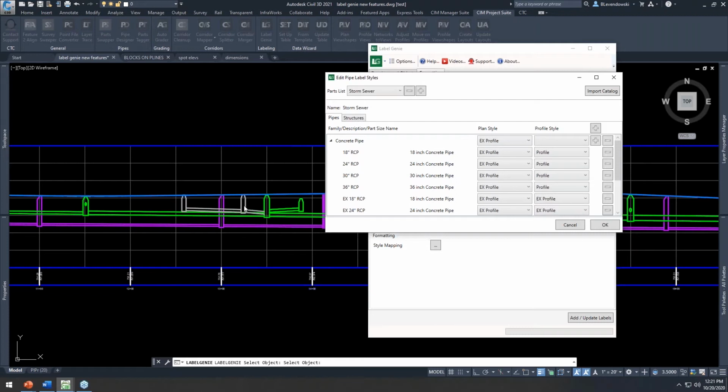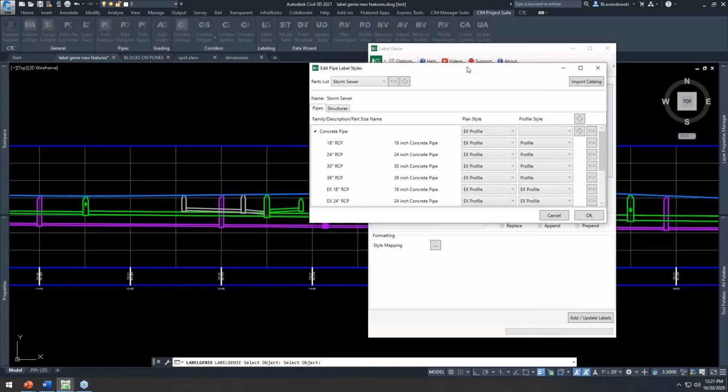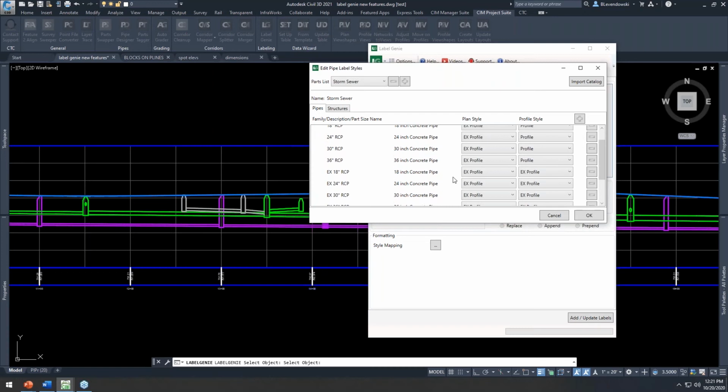So I might have existing pipes, like some of these grade pipes and structures here. I've got sanitary pipes, I've got storm pipes and structures. And oftentimes we want different symbology, different fonts, you name it, to symbolize those different utility types or different states, proposed or existing. So I've got spelled out a variety of different labels for proposed and existing. If I go to my structures,